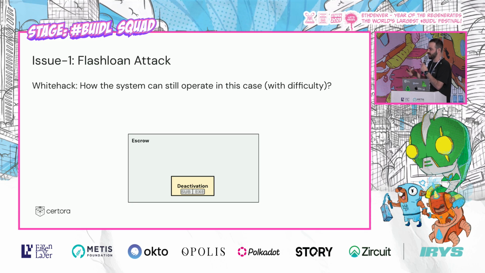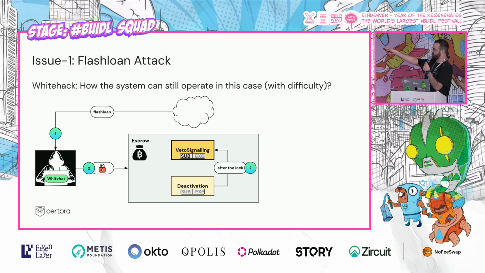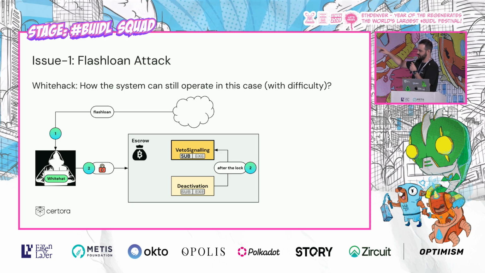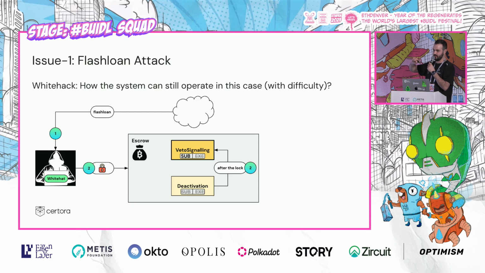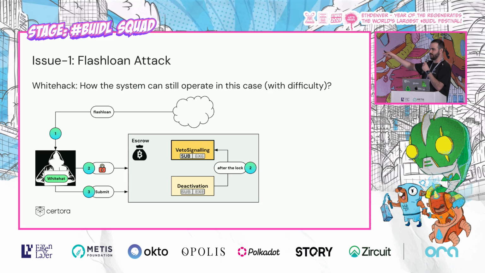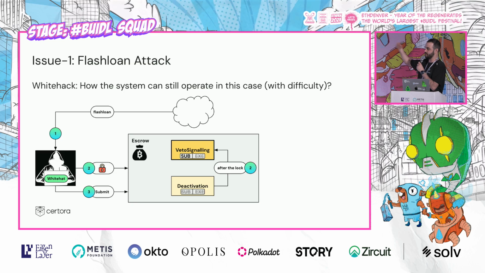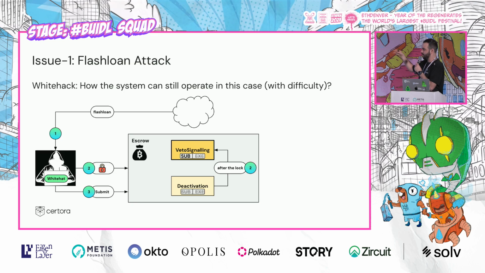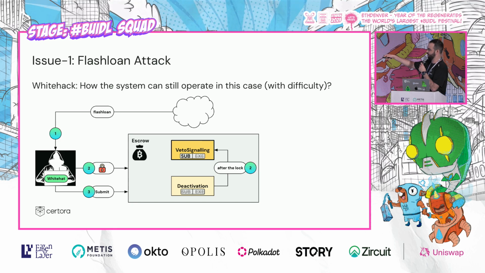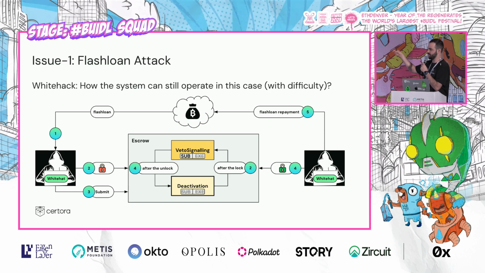So what a white hat can do is act like a hacker. He can take a flash loan and lock it. So during the deactivation, we take a flash loan and we lock the funds. By doing that, we are transferring to the veto signaling state, in which, as a reminder, we can submit. We cannot execute, but we can submit. This is a very important part, because now we can submit the proposal that the DAO wanted. The problem before, as a reminder, was that we had an execution period, but we had no submissions. So now we can enable the submission to happen. And then, of course, we submit, then unlock and return the flash loan. But once we did this, we are able to submit proposals.